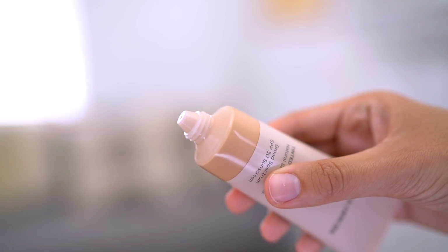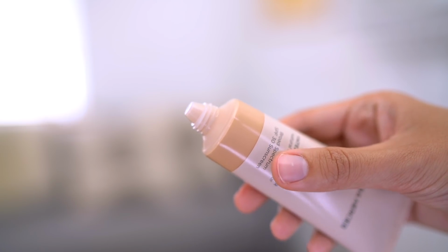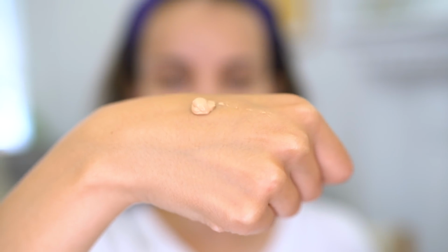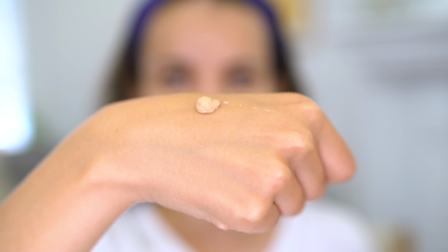First of all, it looks different just on the outside. The tube is different, it's very sleek and sophisticated. I've also noticed that the cap is really easy to take off, and when you do take it off, it has a really nice tip. So when you put the product on your hand or on your face or on your finger, it comes off in the exact amount that you want, and it's also mess-free. Another improvement is that the shade range has expanded. So there are now 20 shades of the tinted moisturizer, and in the new expanded shade range, I wear the